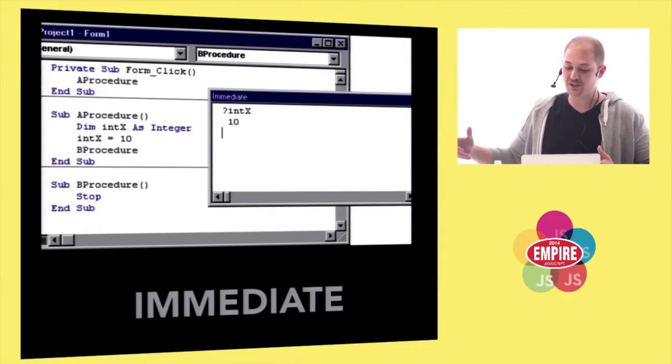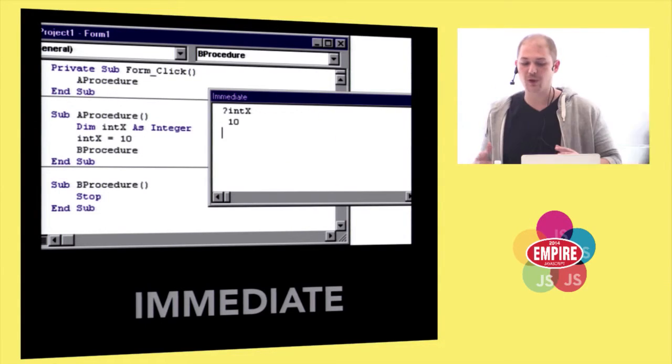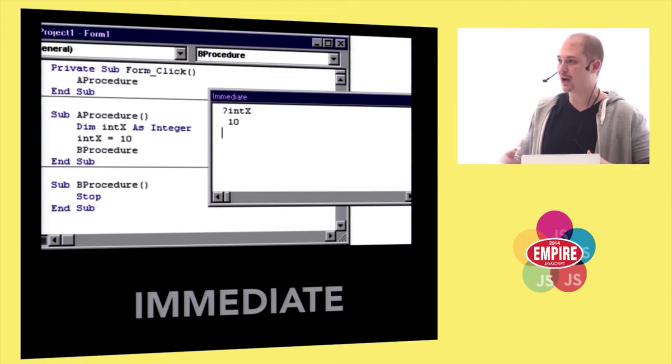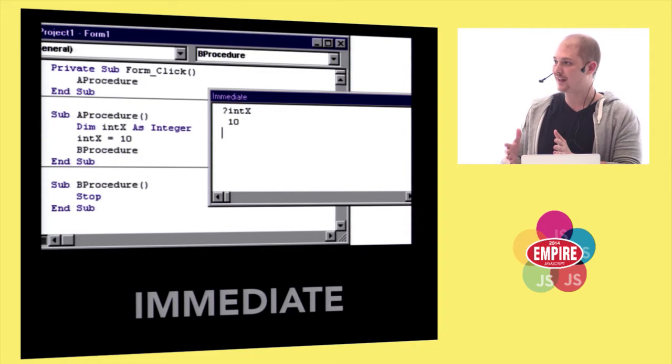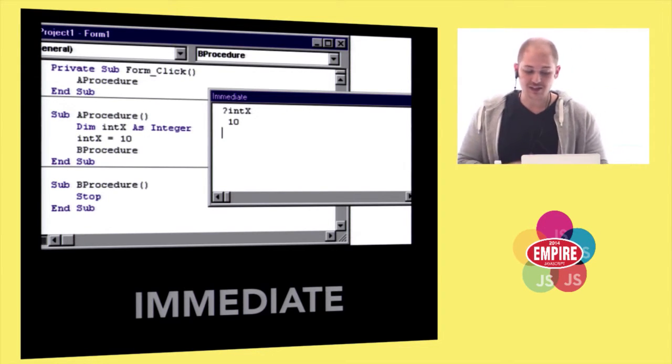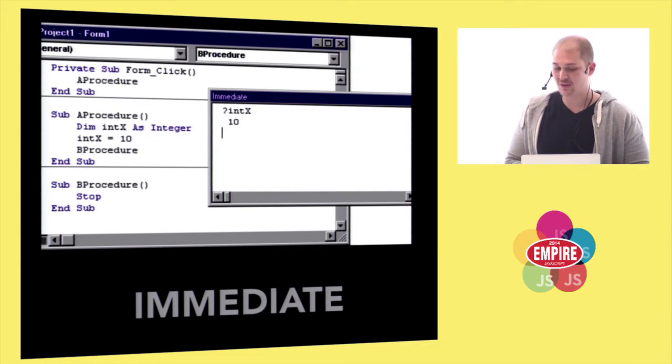For the old school VB programmers out there, you may remember the Immediate window. I relied really heavily on this window. It's basically a REPL or a console. You can change variables, you can even call procedures. I used to explore different ways of doing things without having to stop the program and going back to code. And that really shortened the delay in the development loop. So I spent a lot of my time inside the Immediate window.